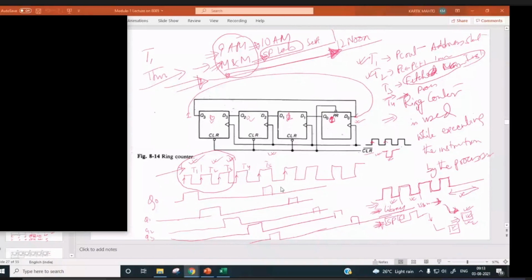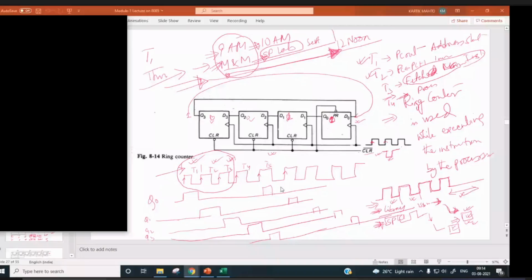After another 60 minutes it will become 11 o'clock. Similarly, it will go up to 12 p.m. Then again it will start 1 o'clock, 2 o'clock, 3, 4, 5, 6, 7, 8 o'clock, 9 o'clock, or the next day again your microprocessor lecture will start.